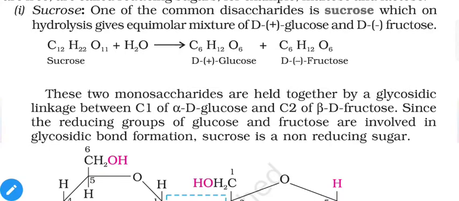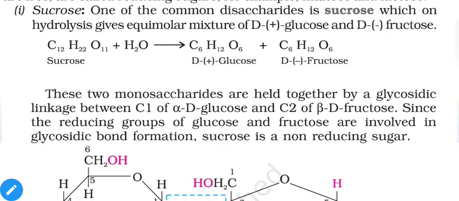First of all, one simple reaction, the hydrolysis of sucrose, is mentioned. So when C12H22O11 reacts with a water molecule in the presence of acids, it gives glucose and fructose. Notice here we have glucose with a plus sign and fructose with a minus sign. That means one of them is dextrorotatory and one of them is levorotatory. So one product opposes the optical activity of the other product.